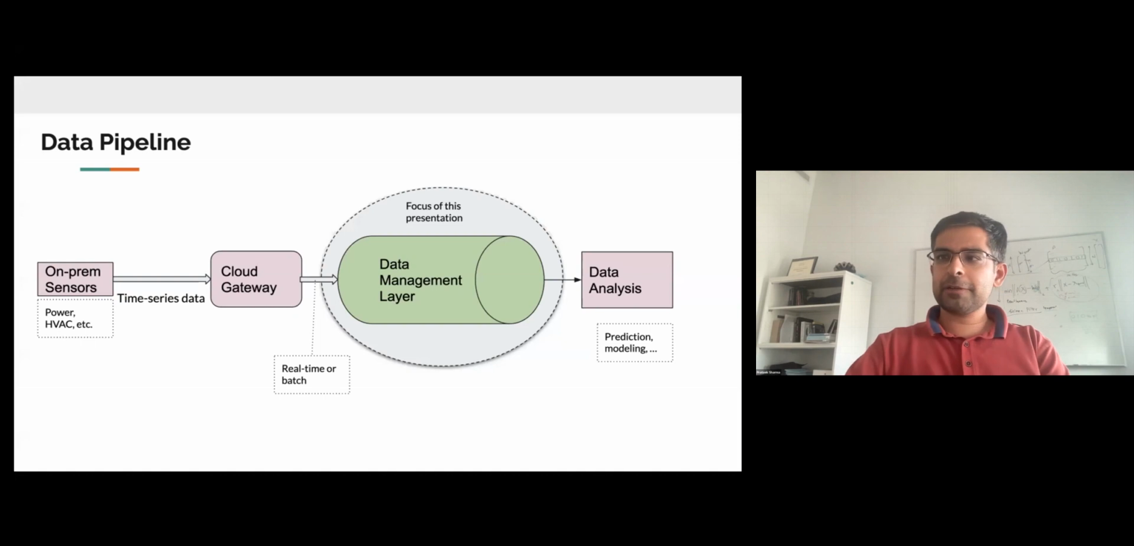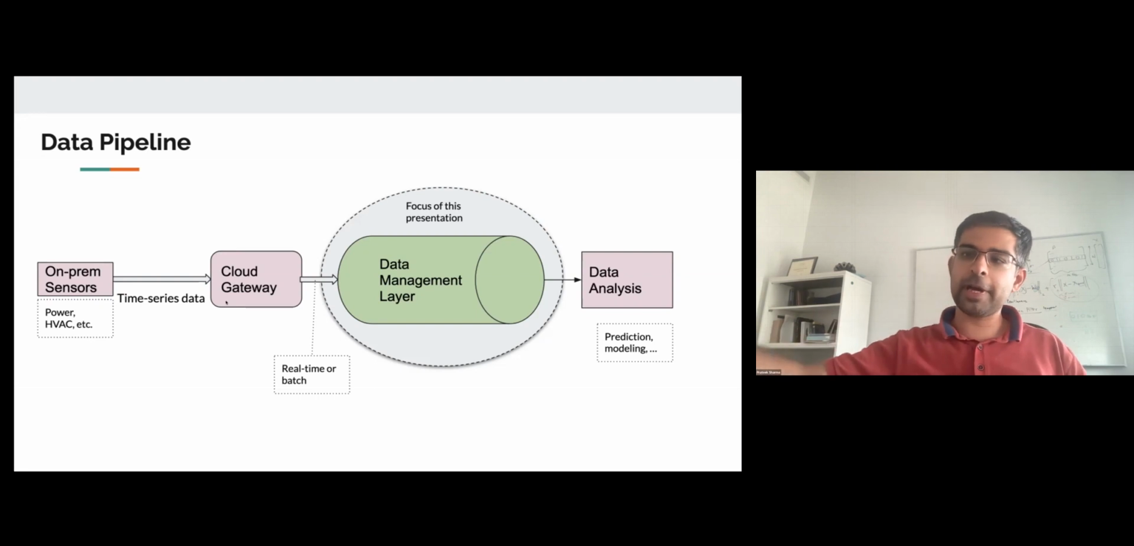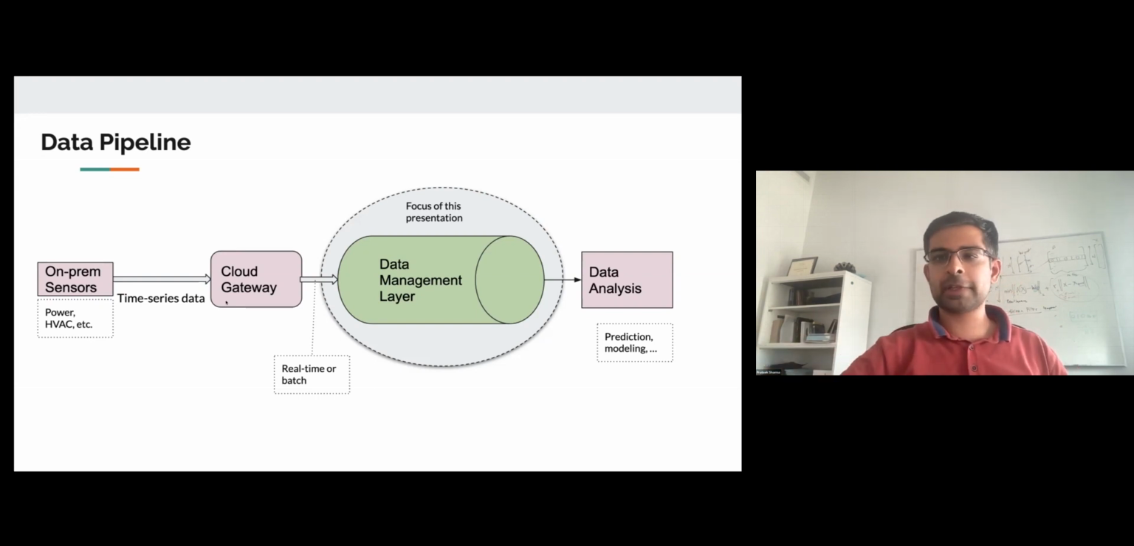So at a very high level view, this is what our data pipeline looks like. On the left, we have a large number of on-premises sensors that are measuring power, HVAC information, and so on. These sensors are recording and sending the data periodically to the cloud gateway. And all the way on the right, we have data analytics. That is, we want to be able to predict and model and understand all this and make sense of